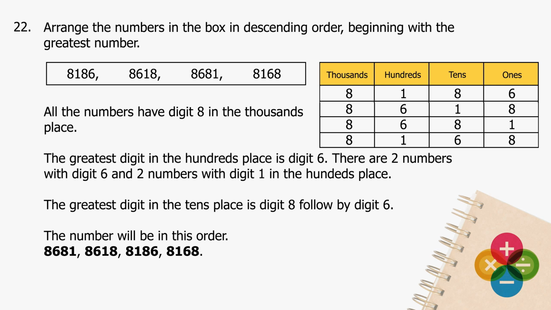All the numbers have digit 8 in the thousands place. The greatest digit in the hundreds place is digit 6. There are two numbers with digit 6, and two numbers with digit 1, in the hundreds place. The greatest digit in the tens place is digit 8, followed by digit 6. The numbers will be in this order: